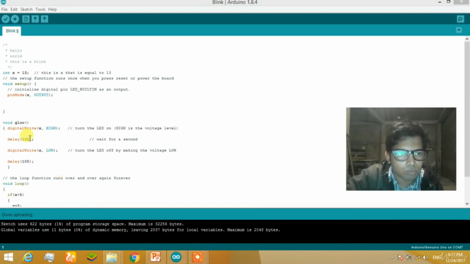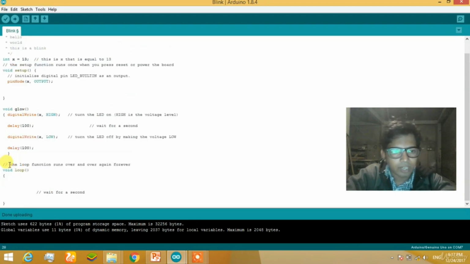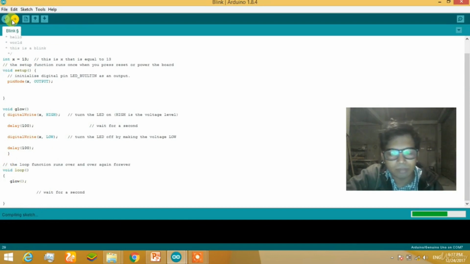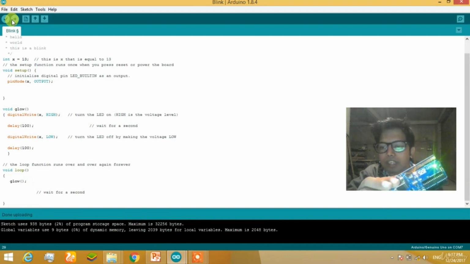It's not working because we have given the statement as one and we have to clear it. Okay, go there and define the function GLOW as we have done earlier. Define it and always remember to terminate the statement with a semicolon. Now install the program, and here you can see that it's completed, and the light is blinking. Is it clear to you? Okay.